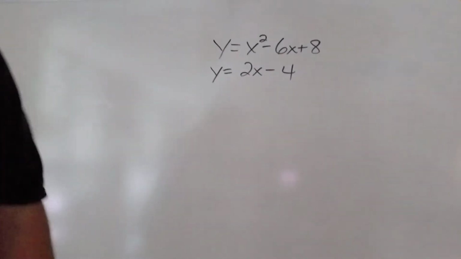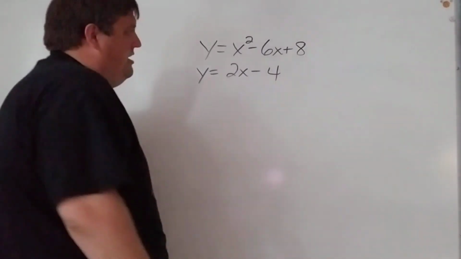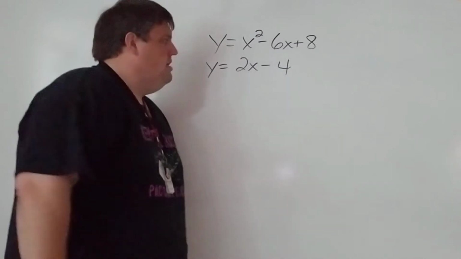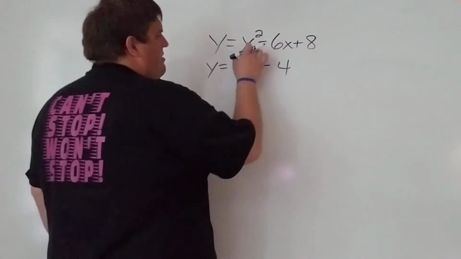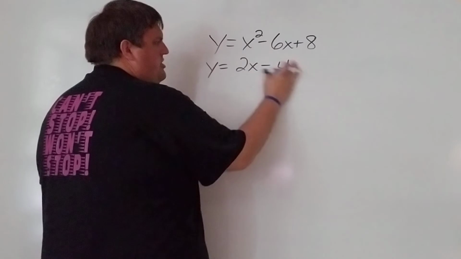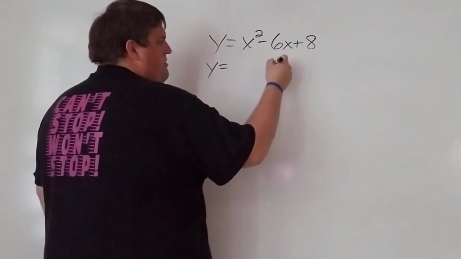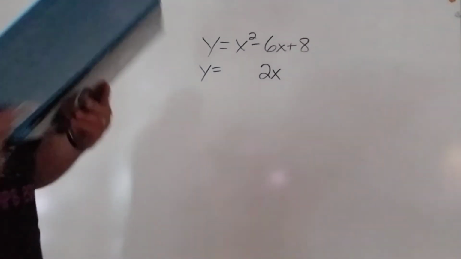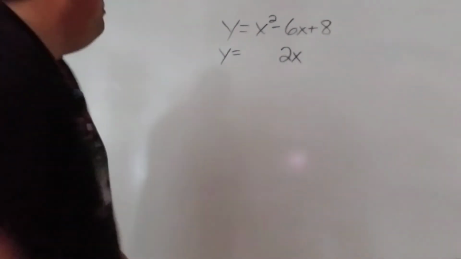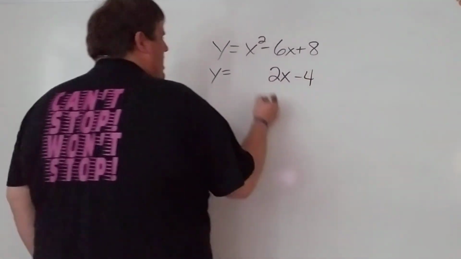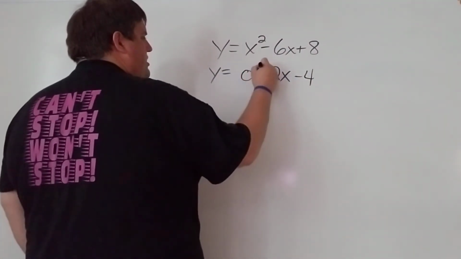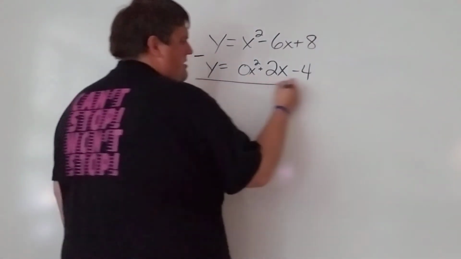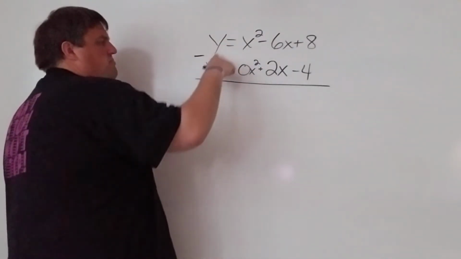All right, so if you remember elimination, we said they had to be set up the same way. However, they don't all have to have the same terms. What I mean by that is this one down here does not have an x squared term. It'd be maybe more appropriate if I wrote it like this and matched the 2x underneath the 6x, and then the minus 4 we'll put under the 8. And almost you could put like 0x squared. Like that. Because now when we subtract here, we want to subtract our y's